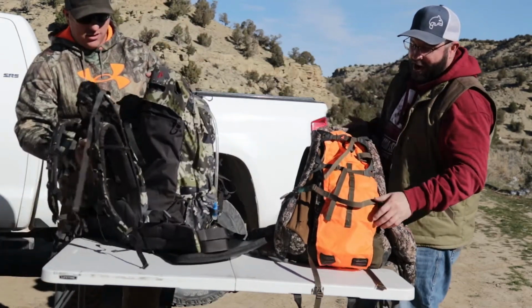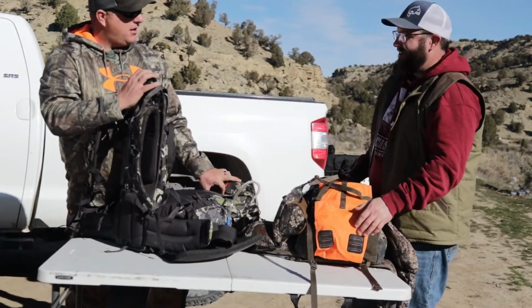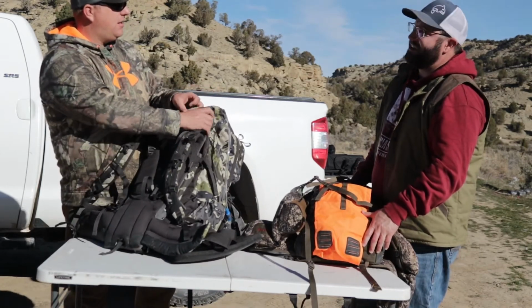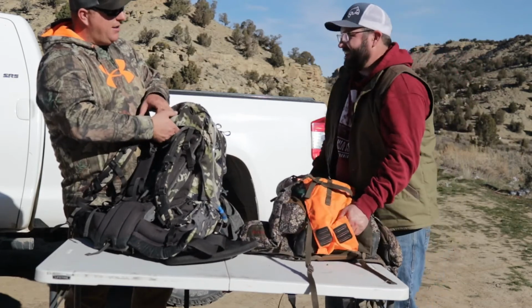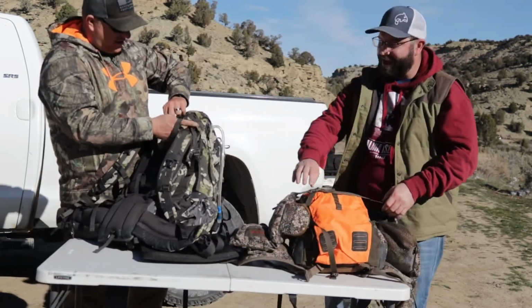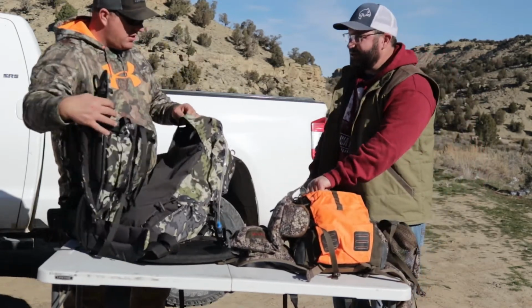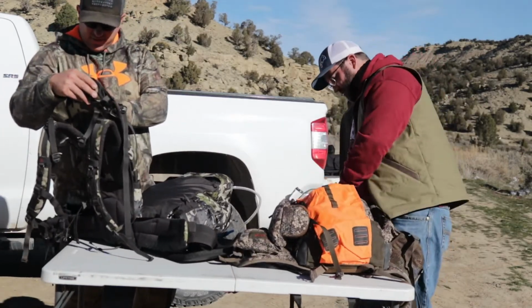So one of the things that I always wanted in a pack is, growing up, you see guys that had a little spot for their rifle or their bow to attach to their bag. And I was like, you know what, someday I'm going to have a backpack that way. So in a way, this backpack was a dream come true. Because one of the features of it, besides this awesome meat shelf,